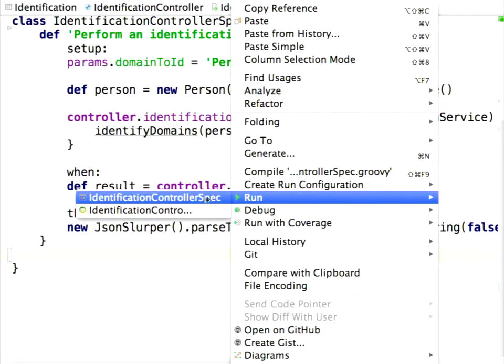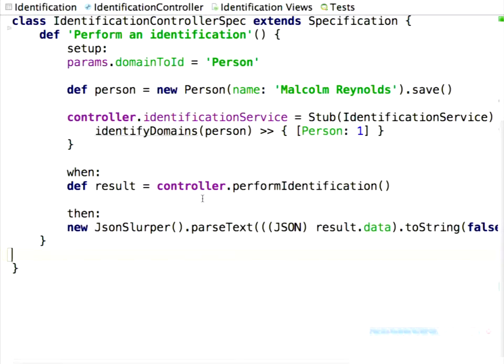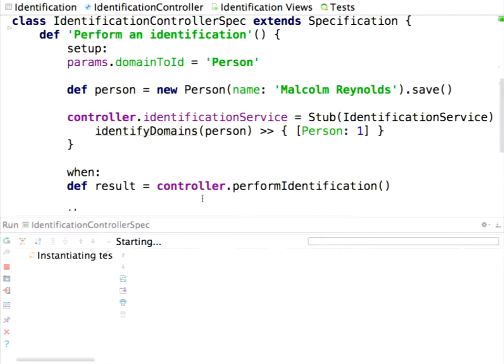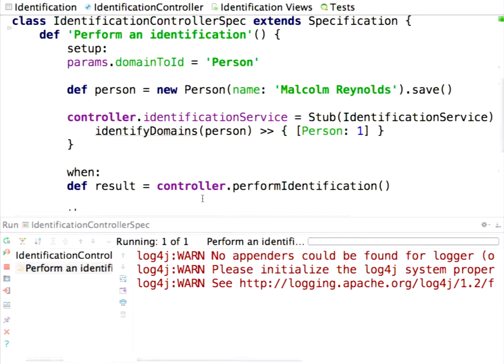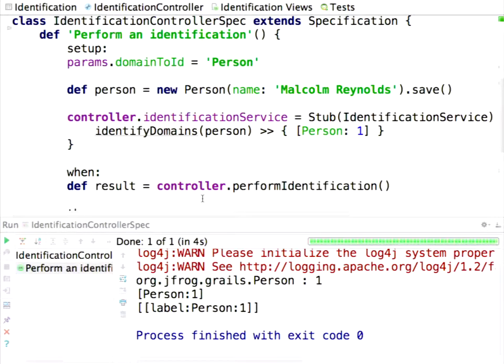Okay, again, I run it as a pure unit test without the Grails infrastructure behind. It will take more time because now it has the stubs and the JSON parser, but it's still very, very fast compared to the test I'm going to show you next. Next, we are going to do an infrastructure test. Infrastructure test means